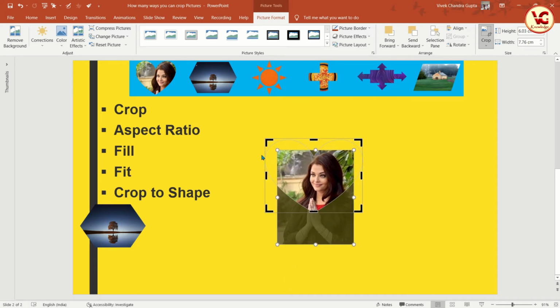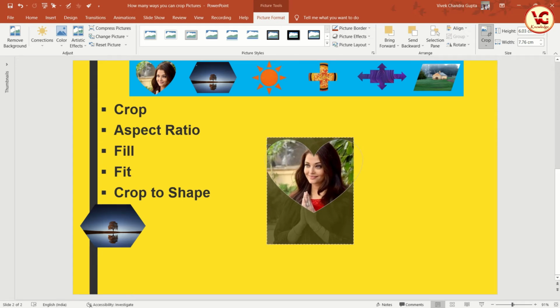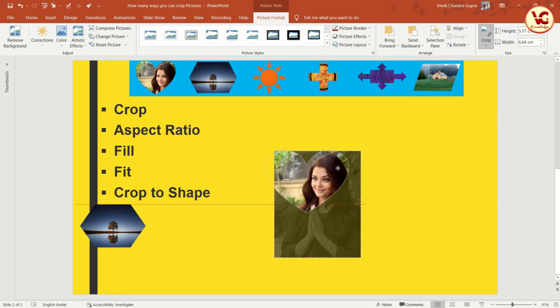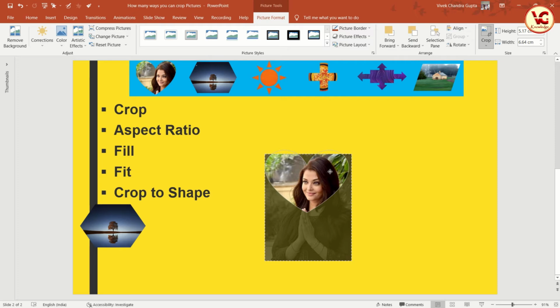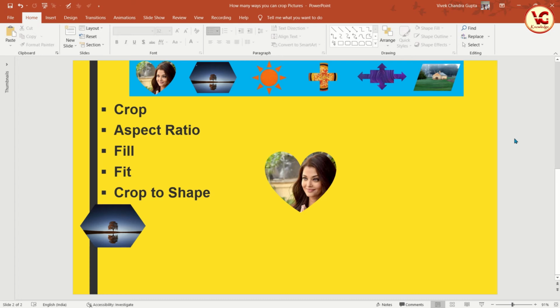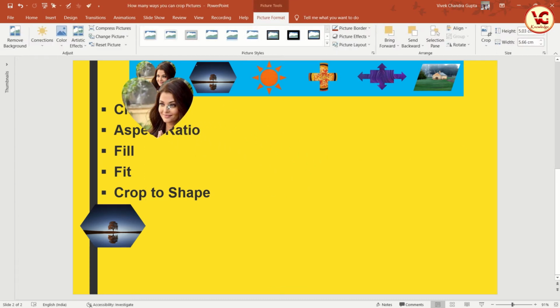And you can also see this image is cutting here, so we have to adjust here and we can reduce the size of here. Now this is perfectly fit. Now we have achieved this as well.